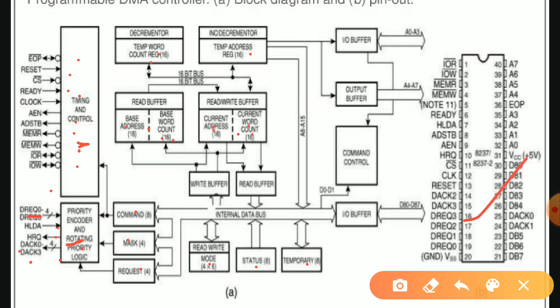And see, this is the pin diagram of the DMA controller. About all the pins used in the 8237 DMA controller, I already discussed.